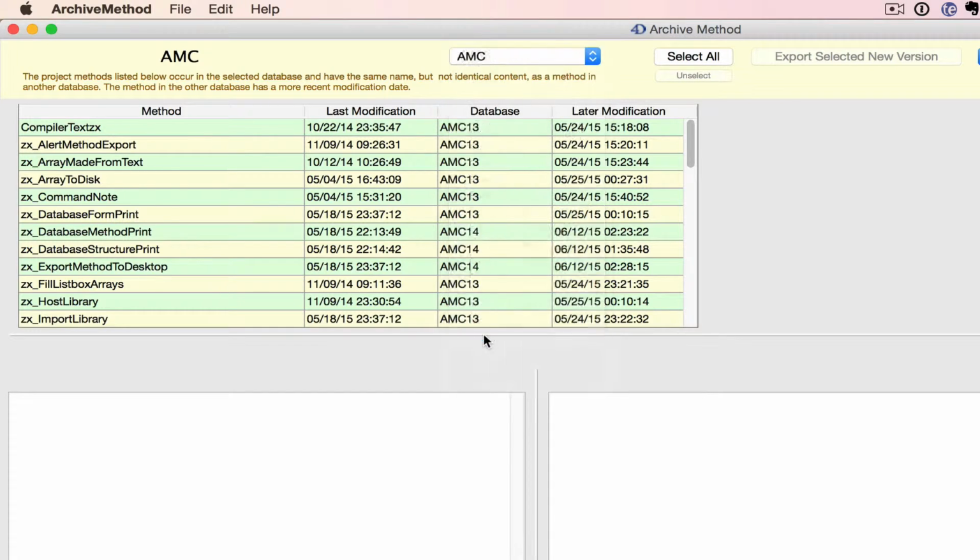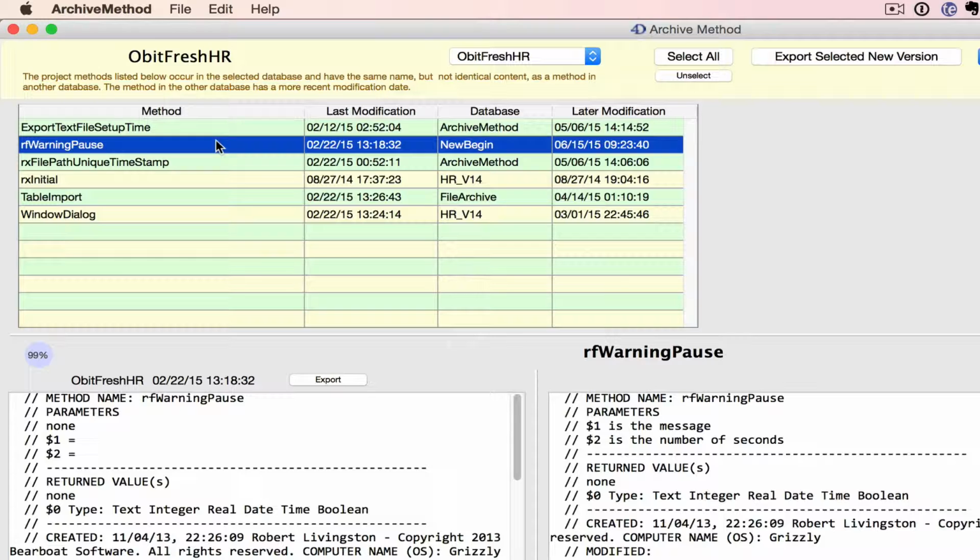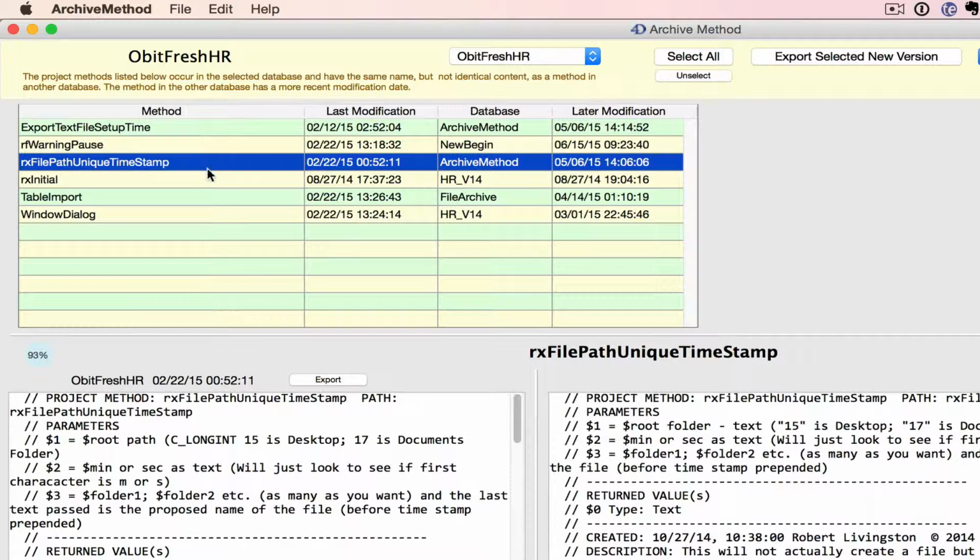If we choose the database obit fresh HR, we can see that there are several methods here that exist in this database, but which have a version with a modification date that is later in some other database. We can go ahead and look at any one of those